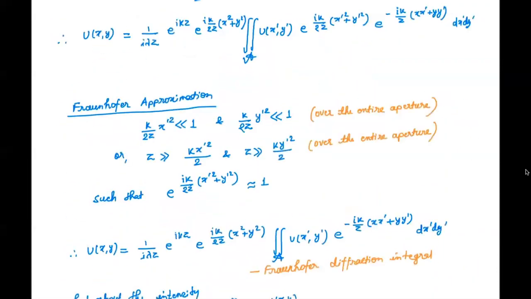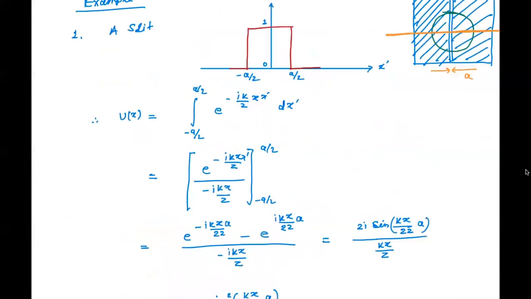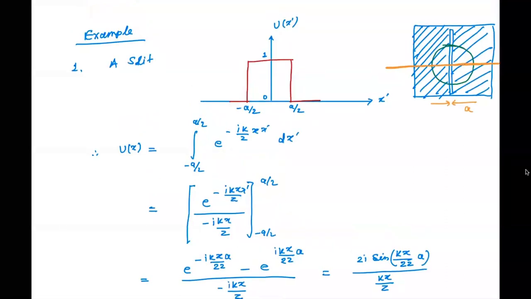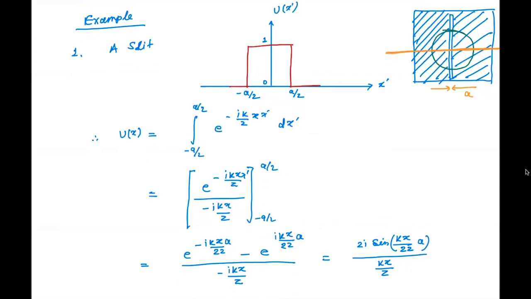So we know that this is our diffraction formula. In that, we just need to put this in and put the correct integral limits. So what we have here is e to the i k z x prime dx prime, and the x prime integral goes from minus a by 2 to a by 2. That will give me u of x. Let me do that integral. This is a simple integral that everybody has done. So again, no need to be scared by the name Fourier transform. This is as simple as this integral, at least for the slit.